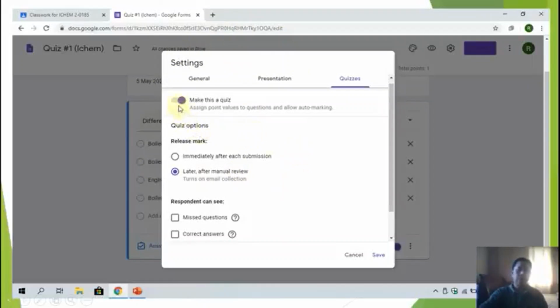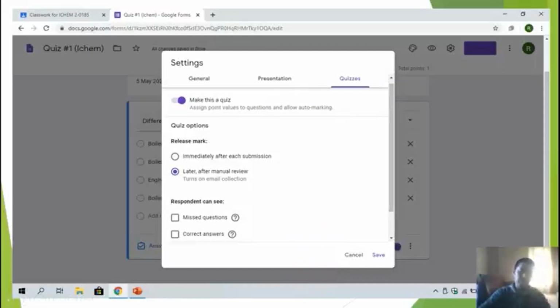So if it is already switched on, there is no need to touch it, but be sure that this switch is switched on. If this switch is switched off, which is on the left side, you have to check the papers of your students one by one, and it is a big headache for you because with a lot of students you have to check their papers one by one.